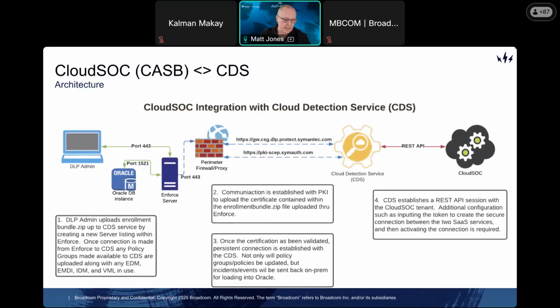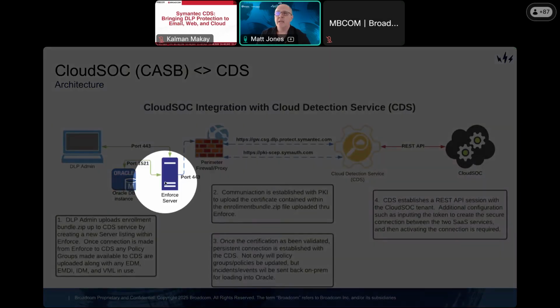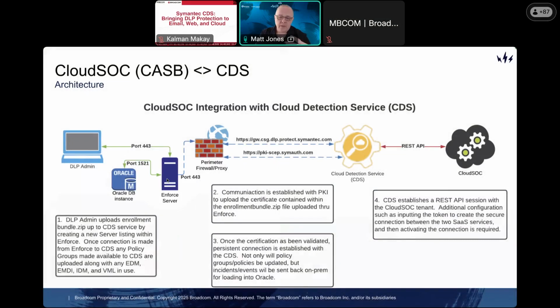So, last little bit from me, from a technical point of view, how this pulls together. You'd need the license, obviously, and the connection to the CDS service. Now, all of the connections for the CDS services come from the enforced server, so they're initiated here. Up until now, the enforced server never needed internet access. You didn't need to connect it to the internet. It didn't need to go out to check anything or do any updates because all the updates are done internally, right? But if you wanted to connect it to the CDS servers, the detection servers in the cloud, you